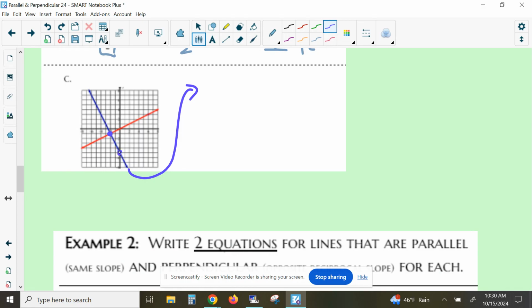Okay, so if I counted the rise and run in between those 2 points, and remember, it doesn't matter what points you pick because you're going to get the same. If I counted the rise over run, that is rise 1, 2, 3, 4. That's bubbles, right? And 1, 2. So it's down 4 and to the right 2. So remember, our slope